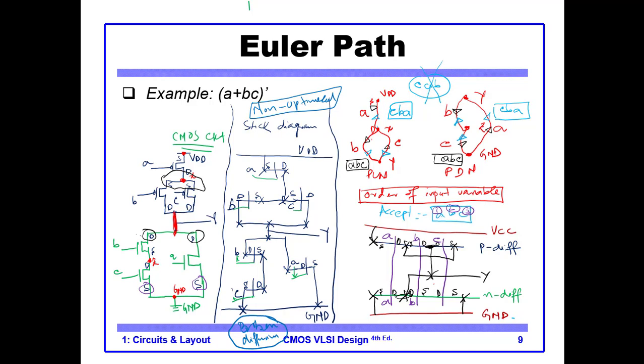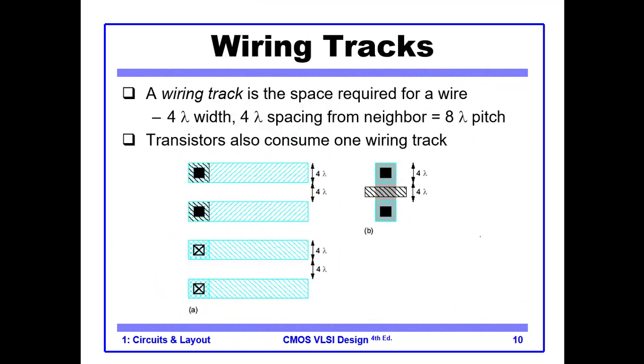The whole layout is now generated. You see, this is optimized. Why is this optimized? Because all the NMOS or the pull down network is on a single N diffusion layer. Similarly all the PMOS are on a single P diffusion. If you compare it to the non-optimized one on the left, there are many broken lines. Here there is not a single broken line. So this is an optimized implementation, and this implementation will have a minimum delay. It will have minimum power consumption because the interconnection points are less compared to the interconnection points on the left. So this is the advantage of Euler's path. Let's move to